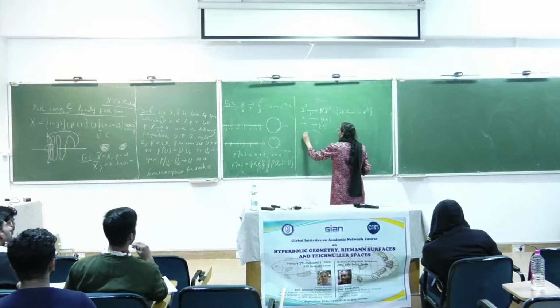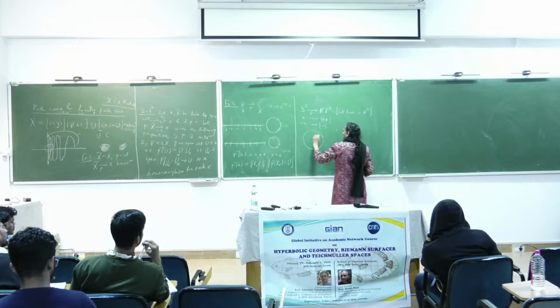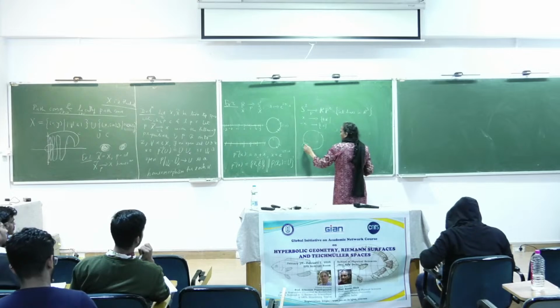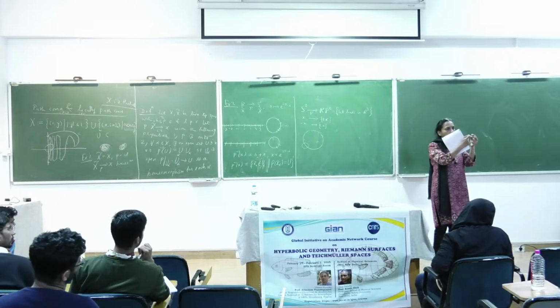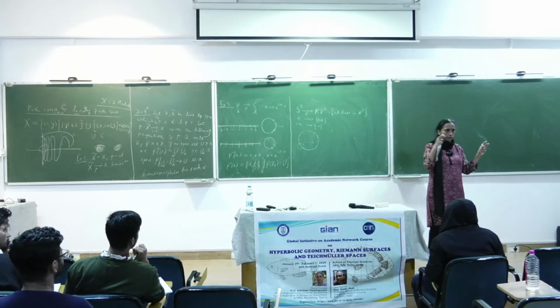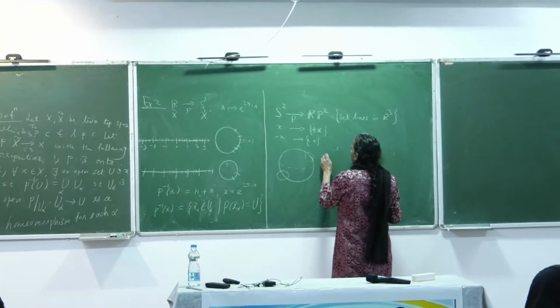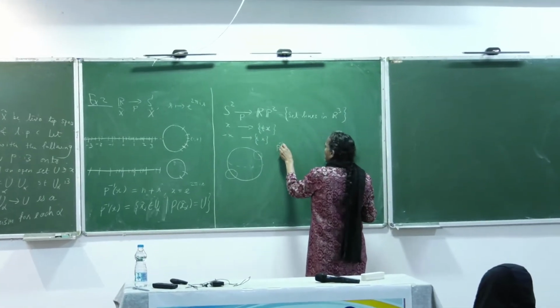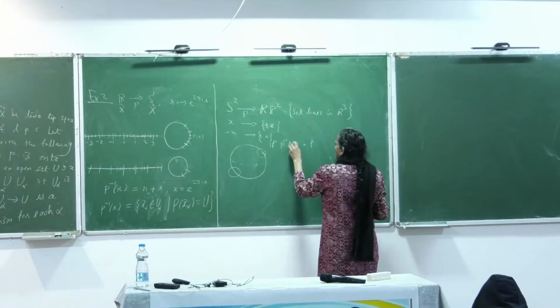I can't draw it, and it's 3 dimensional, but you can see a cone in both directions extending, and it will cut S2 in these two discs. So this is called a double cover, because P inverse x